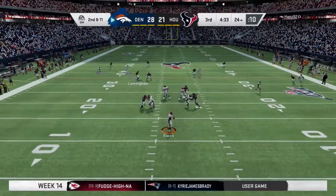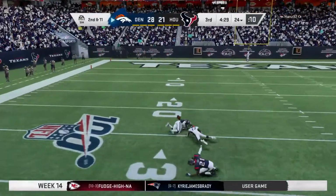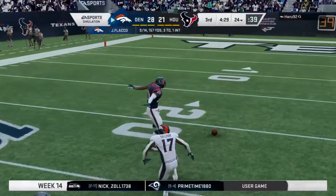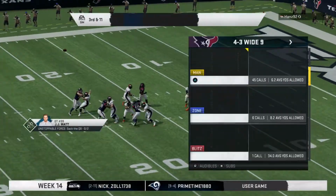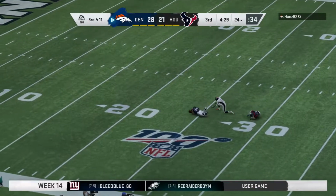On second and 11 now. Flacco going up top. And this will be incomplete. Physical play on the football there, and it's second down. One thing I know from experience is that when the deep ball is thrown and you're the defender, you've got